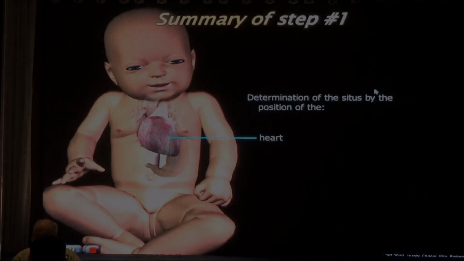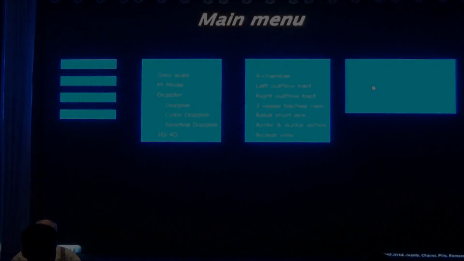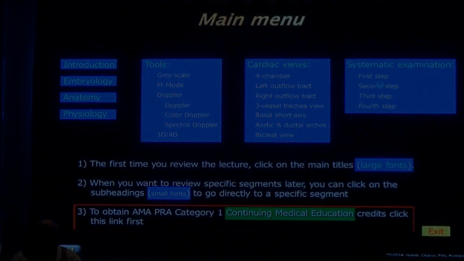So in the first step, what we did was very, very simple. No one can miss that. We look at the apex, the heart, the stomach, and the descending aorta, and all of them should be on the left side. Now, in the second step, we're going to start looking at the heart in itself,